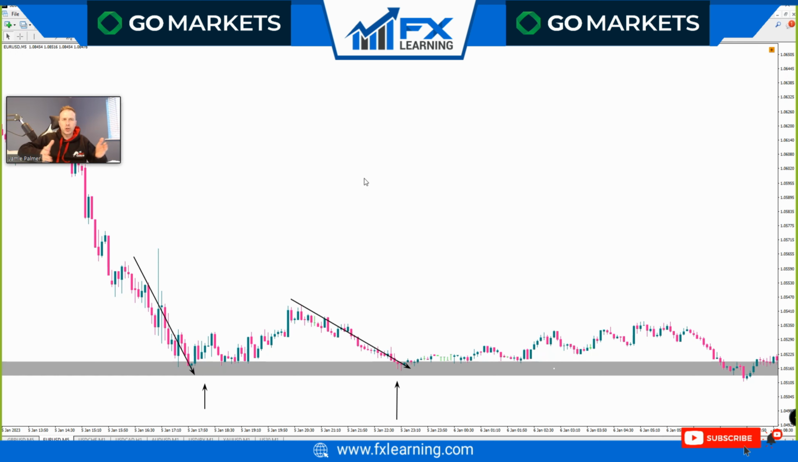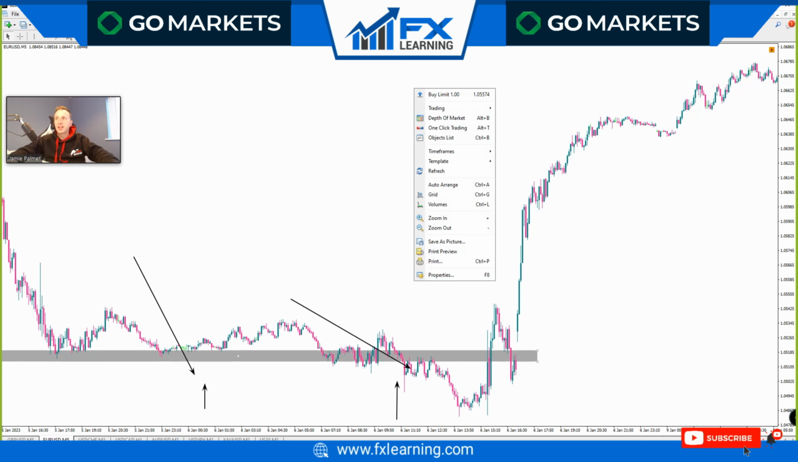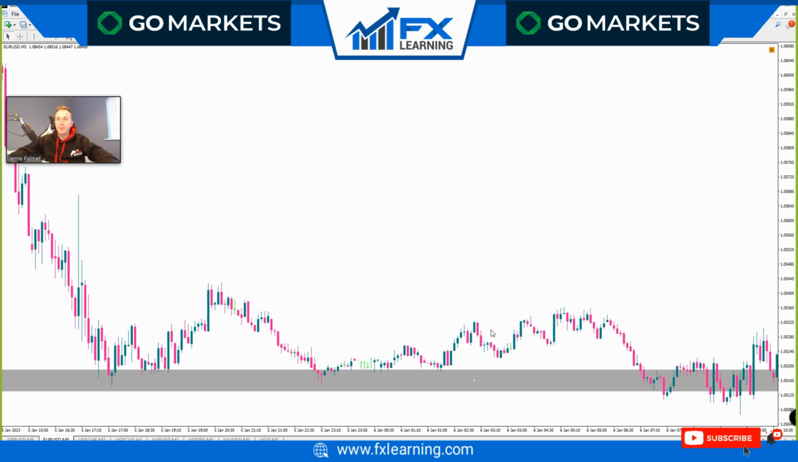Absolutely beautiful setup, minimal drawdown. If you perhaps had a 5 or 10 pip stop loss, you could have easily got a 1 to 4. Easy, nice, beautiful trade. And that is scalping from the 1 hour support line. Very simple. Okay, now if we just get rid of this support line, or we leave the support line, okay,